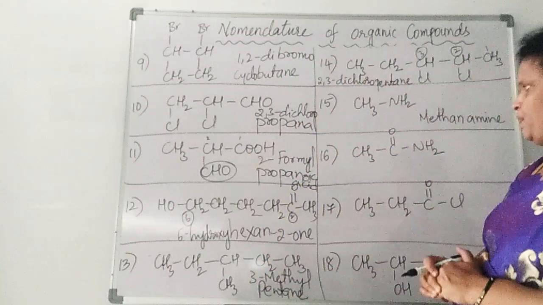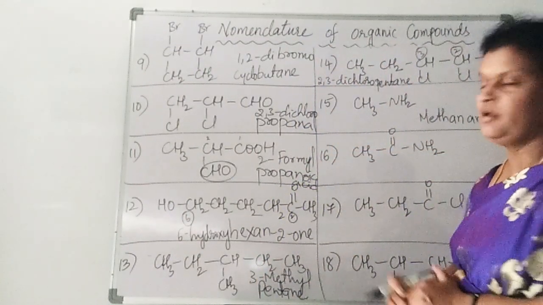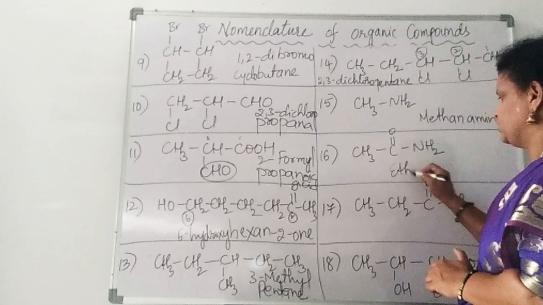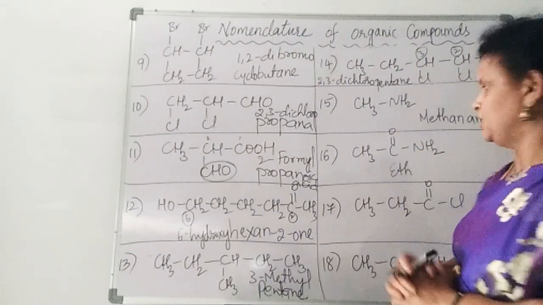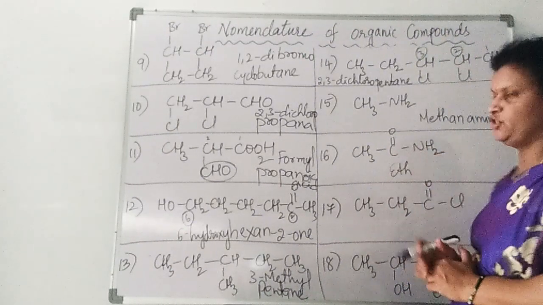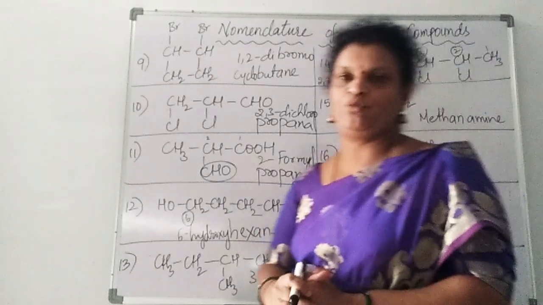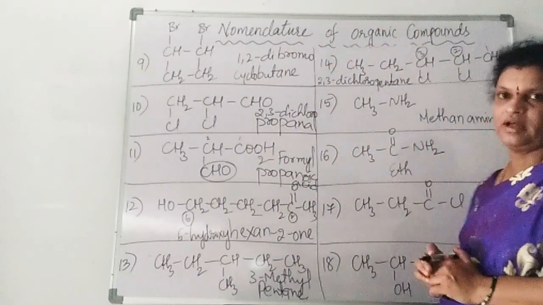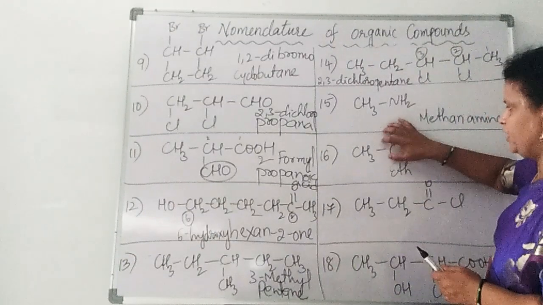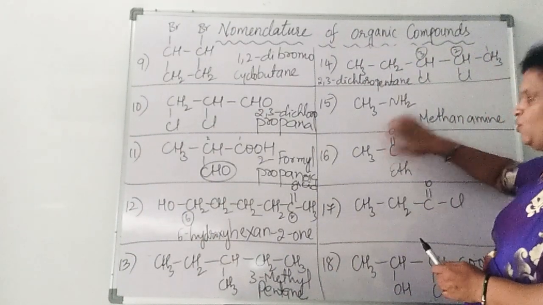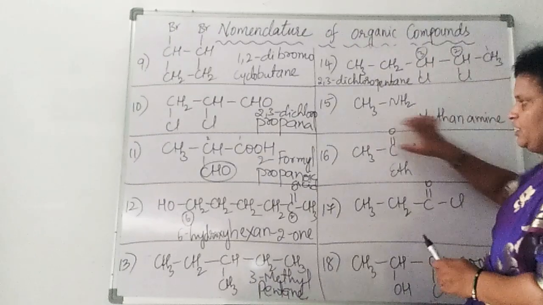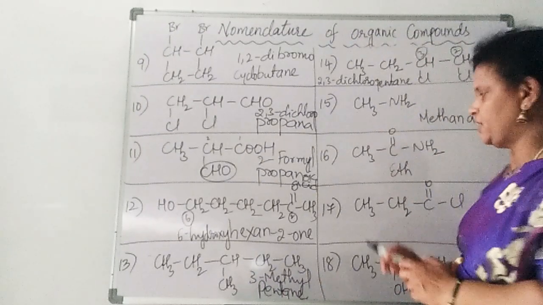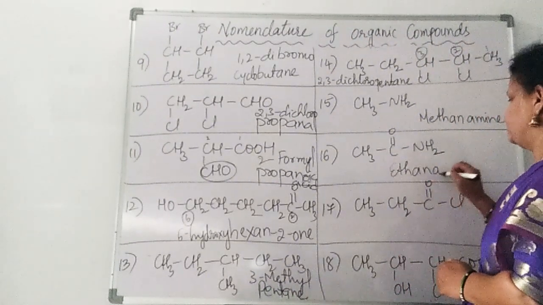Next compound, you see, here we have 2 carbons again, so we write eth, and we have here a CONH2 group, right? So that is why we will write it as an amide group. So the CONH2 total together is taken as the functional group. So what we will write here? Ethanamide,